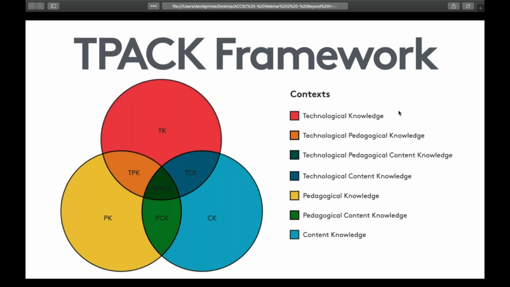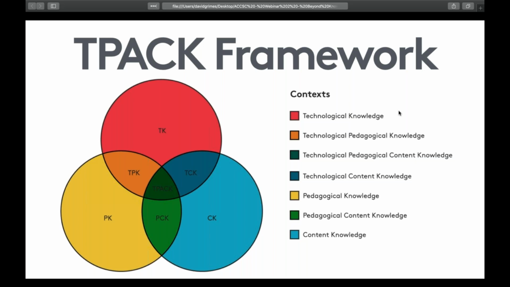And the way I use it today is a way to self-assess myself, or if I am an academic dean or a director of academics, I use it as a guide to assess different faculty members within these different spheres. I guess they're circles here. And those are technological knowledge, then you have pedagogical knowledge, that's PK, and CK for content knowledge. And if you have that whole total package in an instructor, that's where you have that TPACK. You have technology, content, and pedagogical knowledge, all mixed into one.